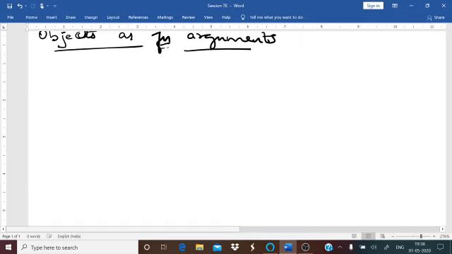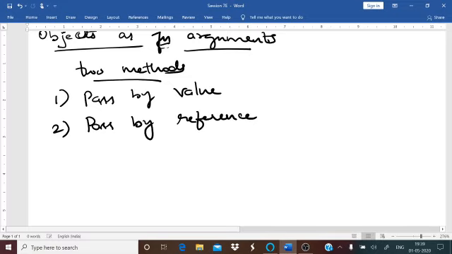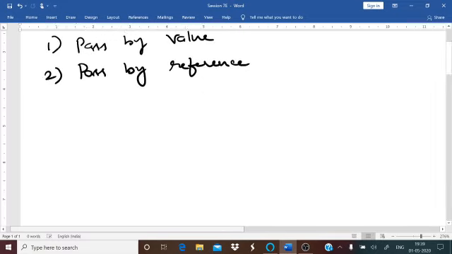Now, there are different types of functions that one can create, right? Whenever you're using functions, arguments can be passed or need not be passed also. These arguments may be individual variables or an array of data members. So objects can be passed to a function in two methods. This we have done last year. Two methods, that is pass by value and pass by reference.